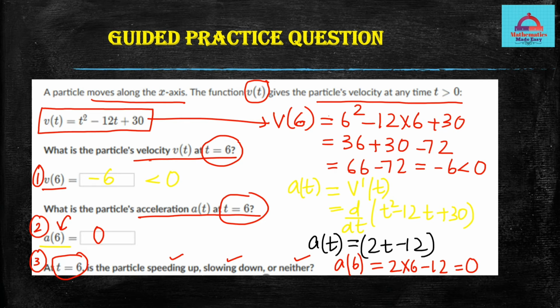So here we observe that the particle's acceleration at t equal to 6 is 0. That means the rate of change of velocity is 0. So can we say the particle will have constant velocity? Yeah. And if the velocity is constant, it means it is neither increasing nor decreasing. Therefore, the correct answer, I will use the highlighter here now, is going to be neither of the two. So at t equal to 6, the particle is neither speeding up nor slowing down because the velocity is constant, and the acceleration at the point t equal to 6 has come out to be 0.